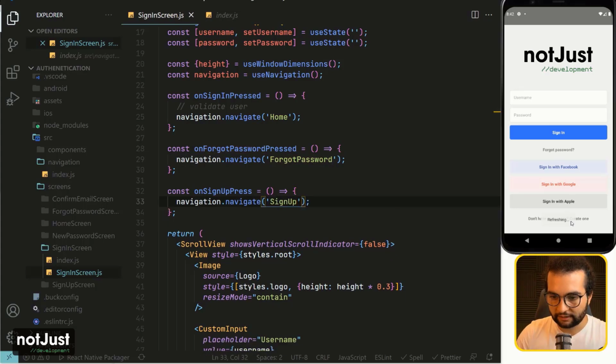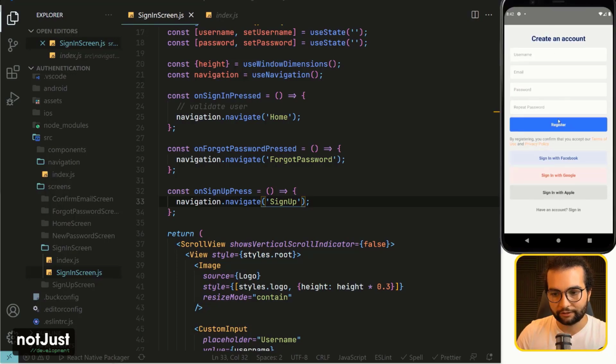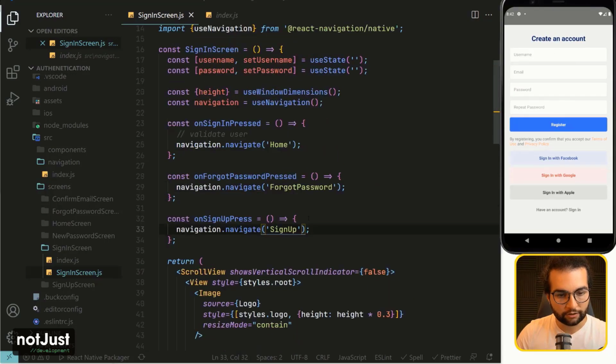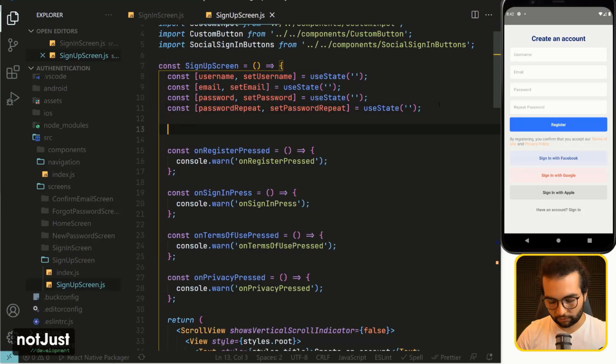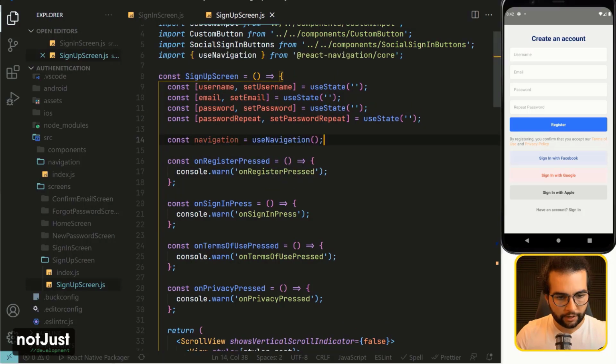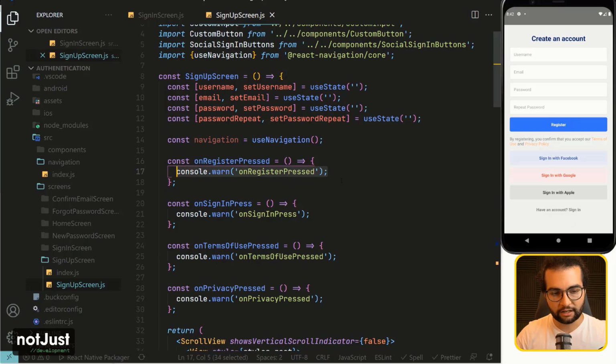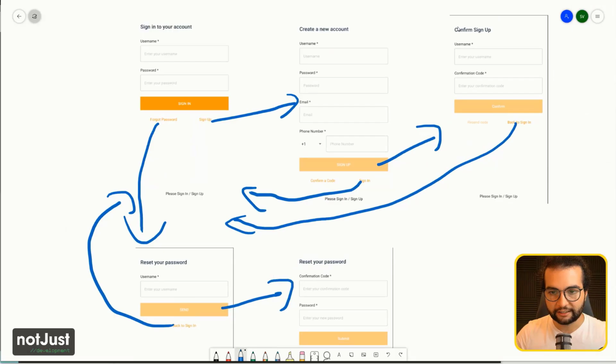Save. Where is it? Don't have an account? Create one. Should go to create one account. So everything is done here. Let's move to our sign up screen. So in the sign up screen, again, we're gonna need access to navigation. And on register, press, as seen here, we should redirect to confirm